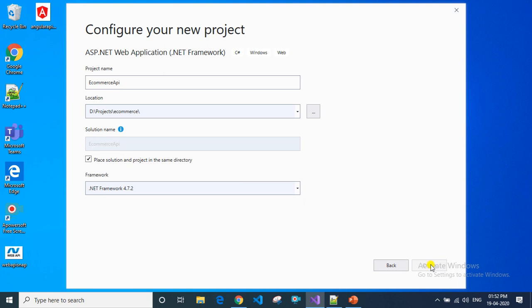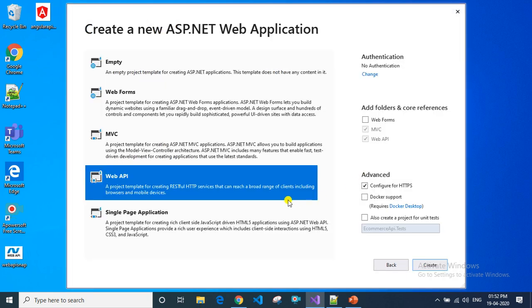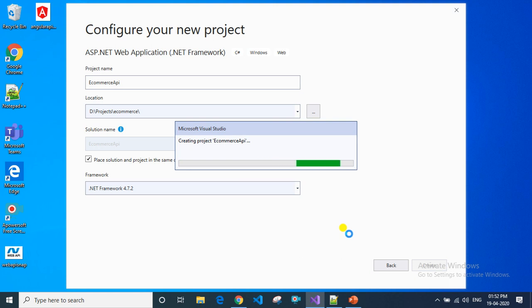Now you can click on create. Then it will show all these types. One is empty, web forms, and you can select MVC. Now our requirement is Web API, so I'm selecting this. Now this will create a Web API project for us.